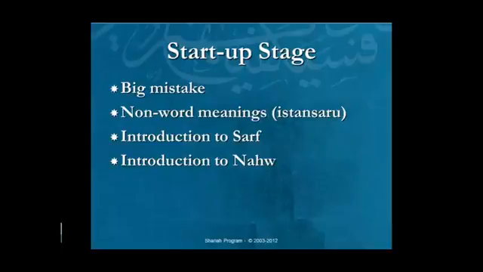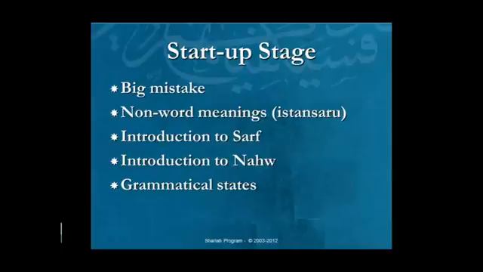And then from there we spoke a bit about subclassifying. We subclassified the word and the phrase, and we got to the sentence, and we're going to proceed now from there. And we spoke about grammatical states. In the previous presentation we spoke about grammatical states, and we introduced them. We peeled the first layer, and we gave you their names, which were Rafa, Nasab, and Jar, and we likened them to human emotions and facial expressions.